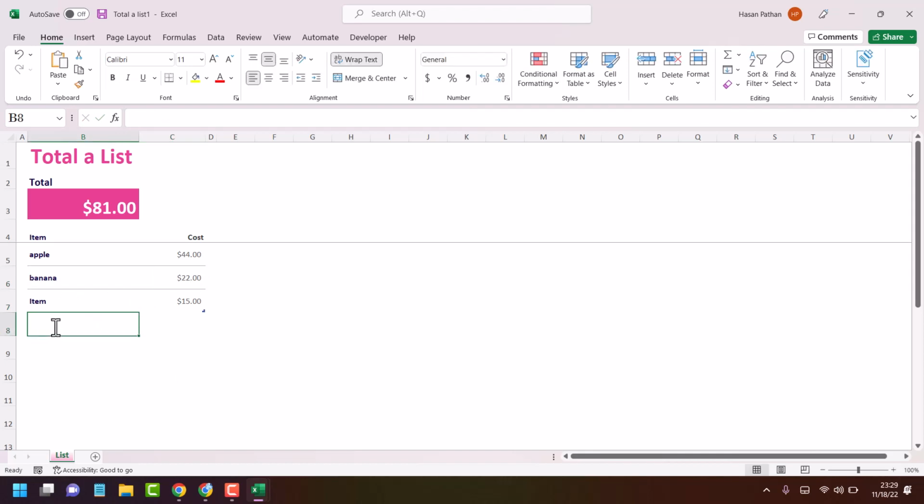Similarly, item number 4. So easy to use, and guys, you can print, share, and